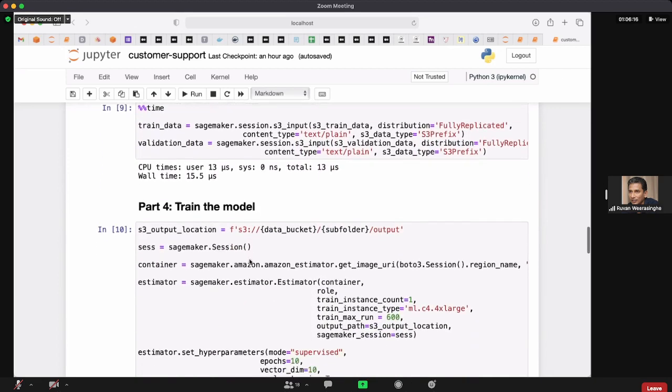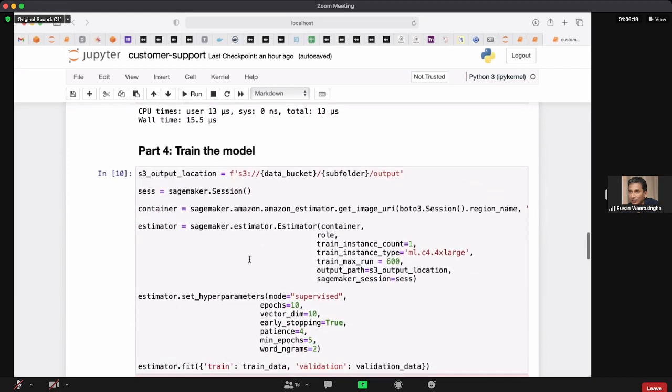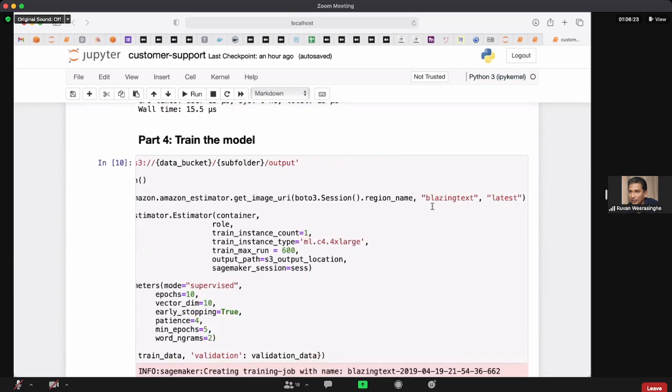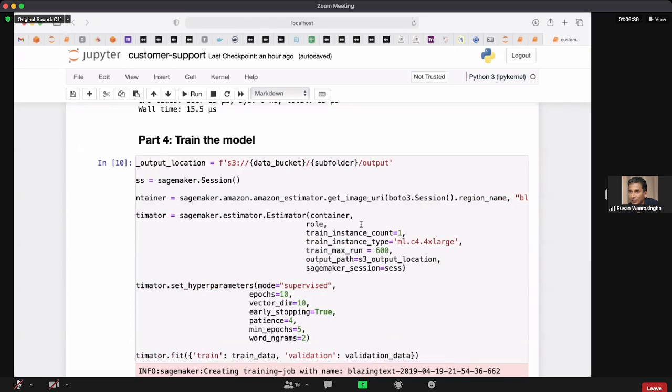Then we are training a model, and here we can see that the model name is called BlazingText. You can look up BlazingText on Google or on Amazon, and it will say that it's an implementation